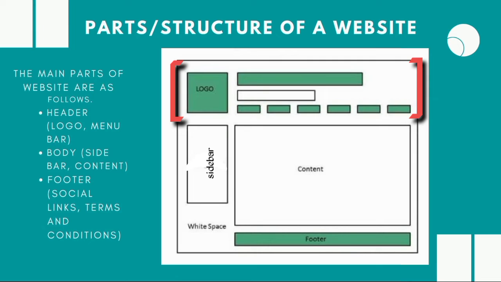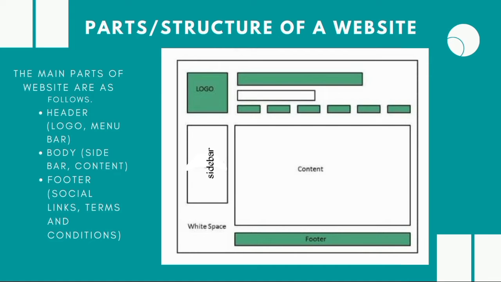So it contains the logo. This is the logo. It contains a menu. This is the menu bar. The company logo is where you should brand your website. Your company logo, your business logo, your freelancing logo, your shop logo, all right, should be here. And then here you can put any other thing, probably the breadcrumbs. And the menu, probably here you put the home, contact us, about us, your services, your blog. These are part of the head, all right? This is the head part of a website page, assuming this is a one-page website.